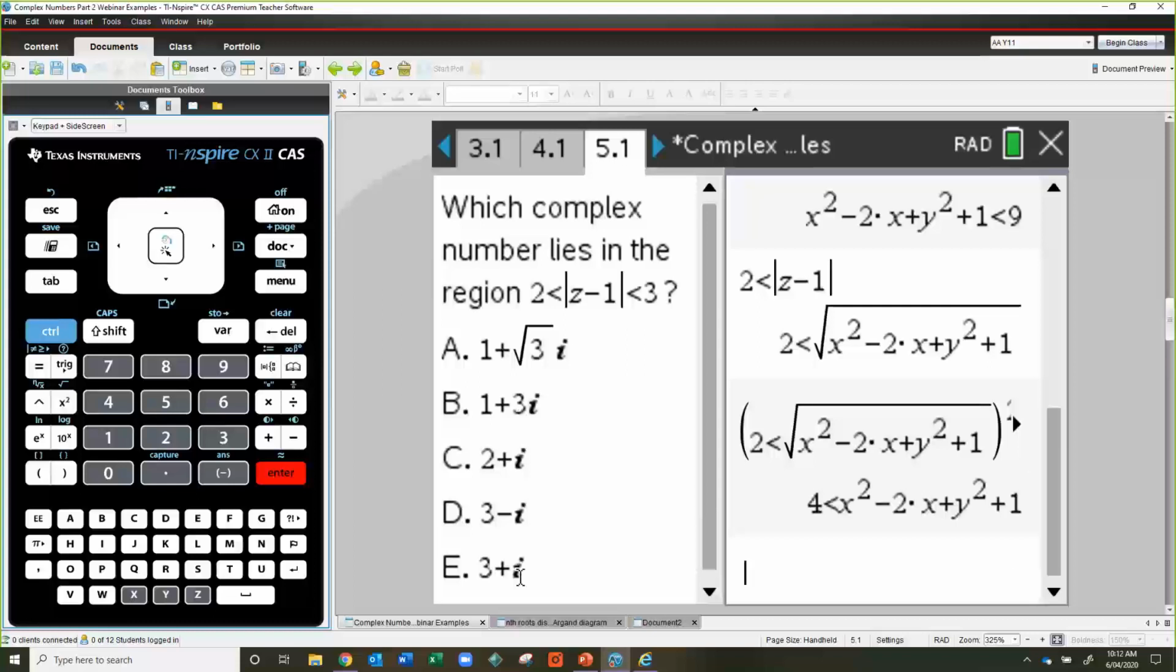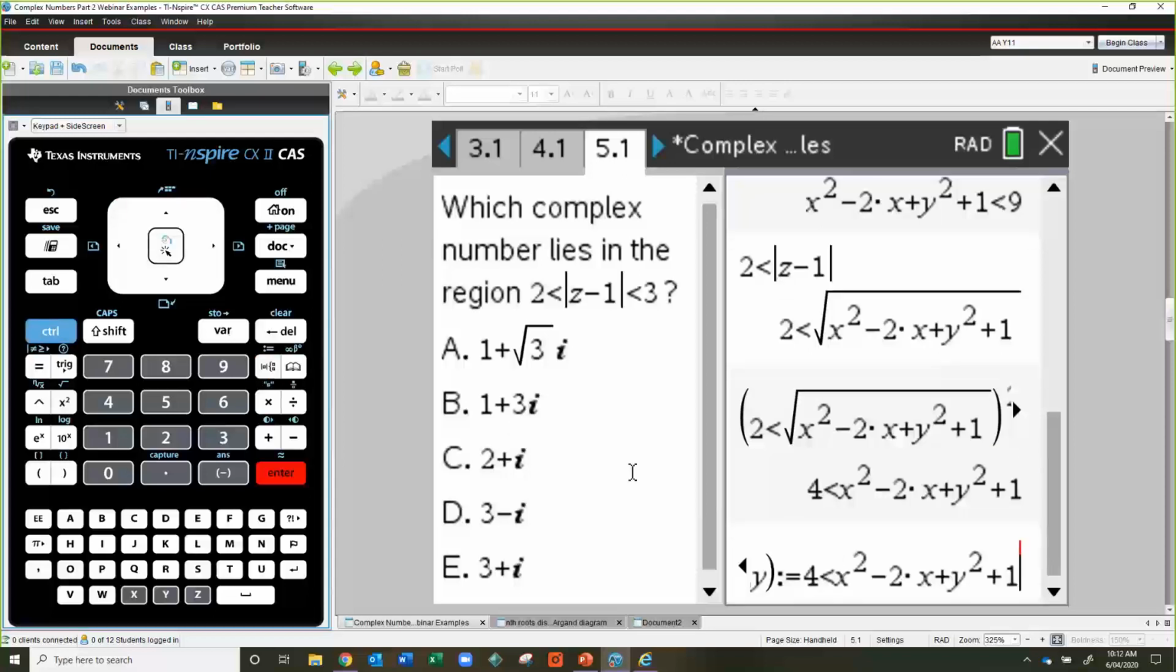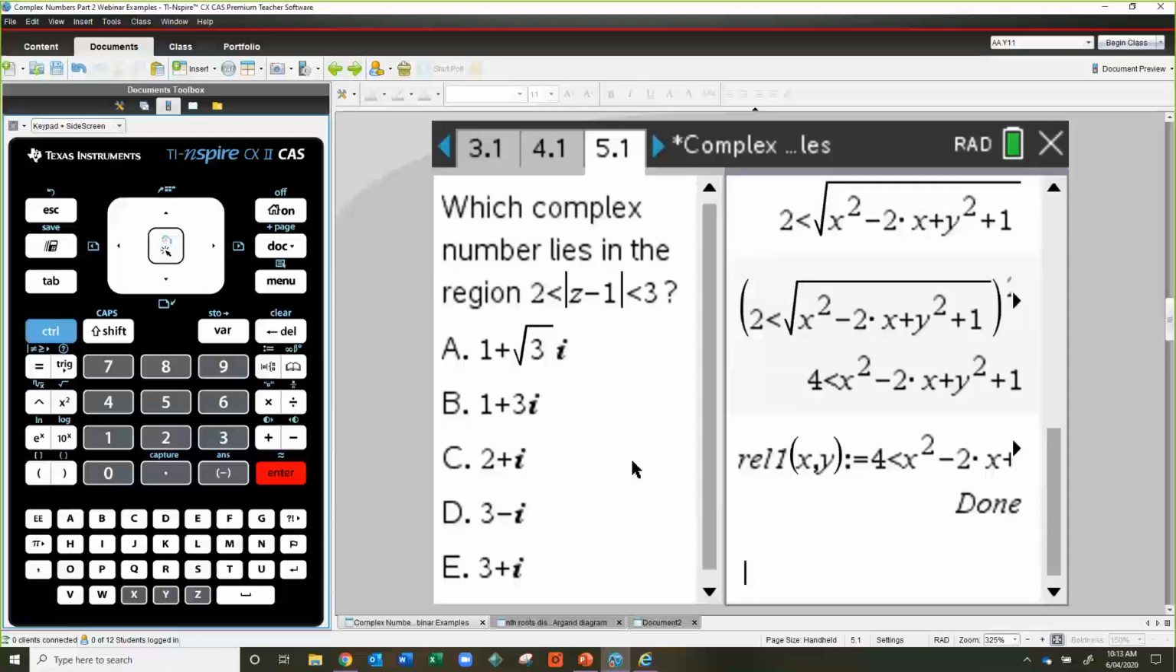Now, to see which of those lies in between those two, I will define the relation. Let's call it relation 1 in x and y. And I will say my relation is such that it is in between 4 and 9. So now the calculator remembers that the relation in x and y. This relation, of course, will be sitting there. And now if I put 1 comma square root 3,